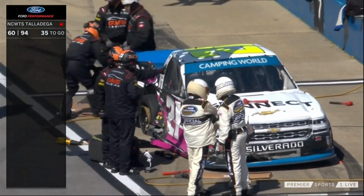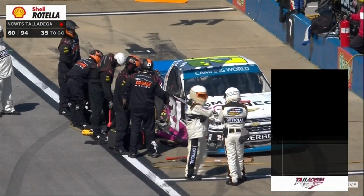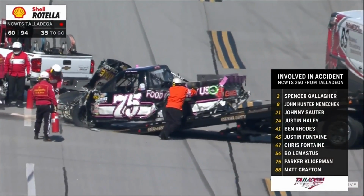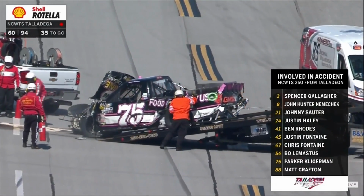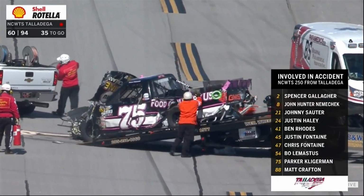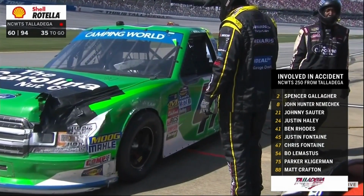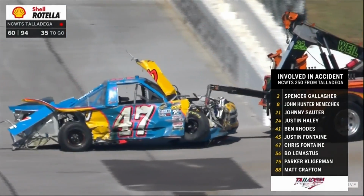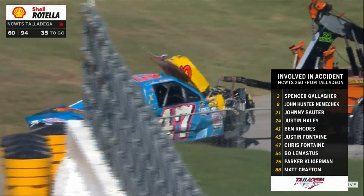There's the damage to that truck of Johnny Sauter. Fortunately for Sauter, he had already accrued enough points today to be able to clinch a playoff spot. There's the list of drivers involved in the accident. Sauter and Haley both had already clinched playoff spots. Ben Rhodes and Matt Crafton not so fortunate. There's the Chris Fontaine truck. You see they've gotten him out and are pulling the truck off. Sure, he'll go to the infield care center and